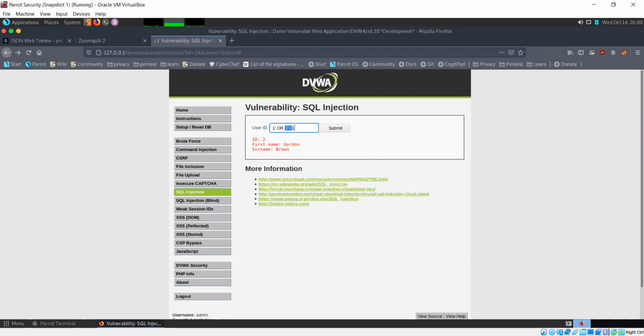In the where clause there is a condition, select first name, last name where ID is equal to 1 in this case, or whatever other ID you specify. But we want to write a condition that will always be true, so that for every row it will match and give us the result.